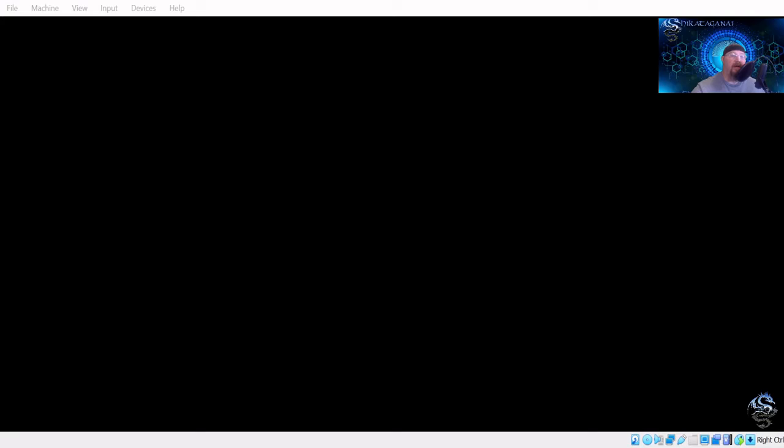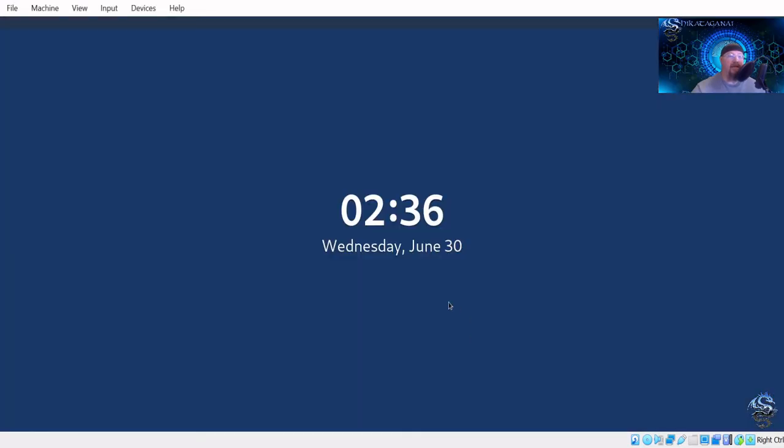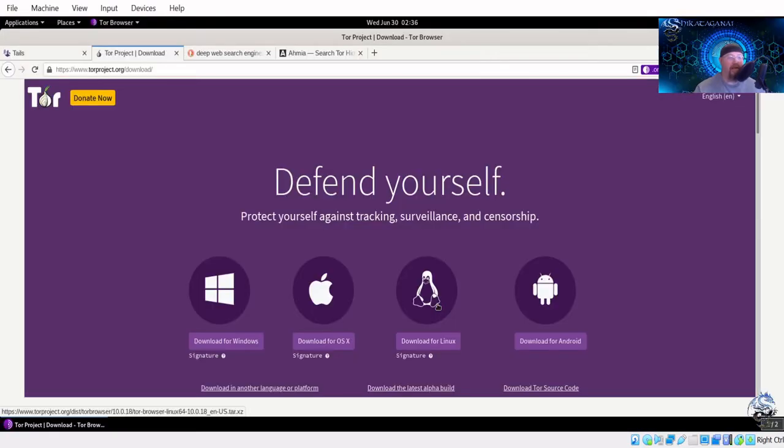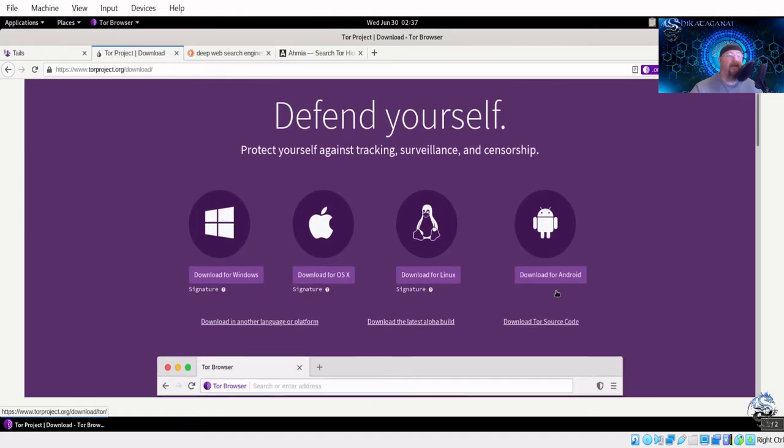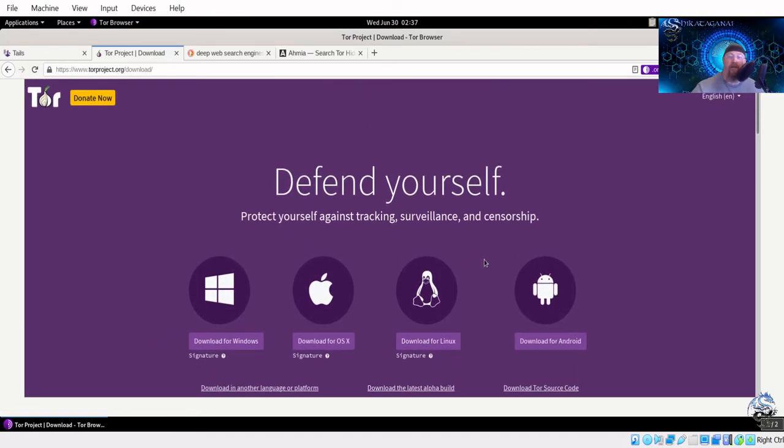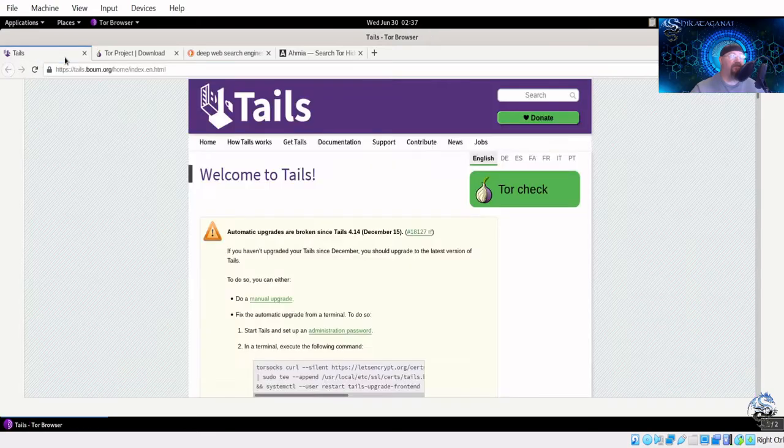Now, I'm going to switch over to my screen here. And what I'm using in this case is software called Tails. Like I mentioned before, you could essentially just download the Tor browser onto Windows, Mac, Linux, Android, whatever. It's called Orbot on Android. You could download it on there and have a go at it. But if you wanted to really be private and anonymized in some cases, you could use this Tails distribution.